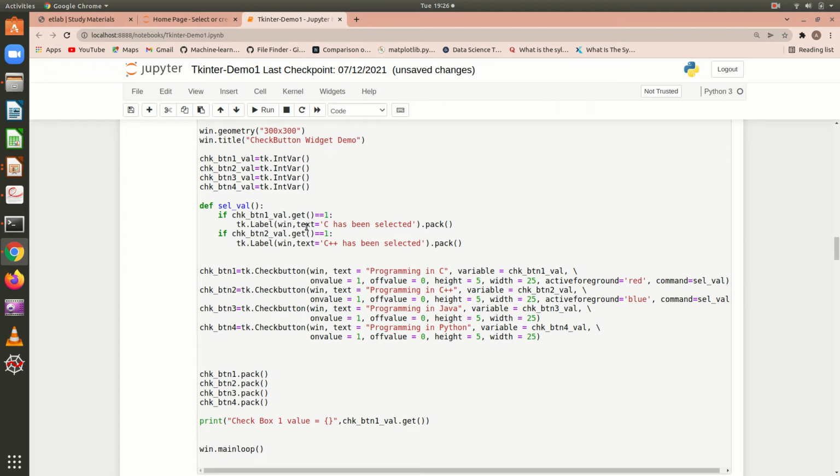And one more thing that we can do here is we can have only one label, so that again and again we do not remove that label, and we just update the text of that particular label. This is also possible. You can create a label here, and after adding all these things, only when it is called you are going to change the text value of that particular label. That is also possible.